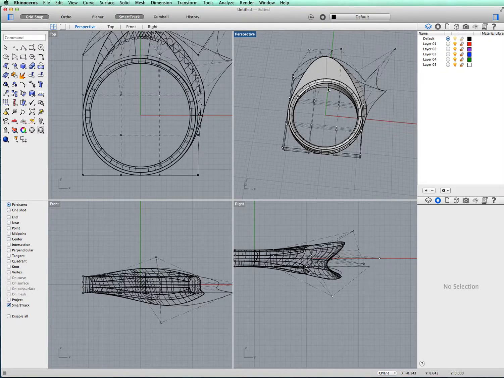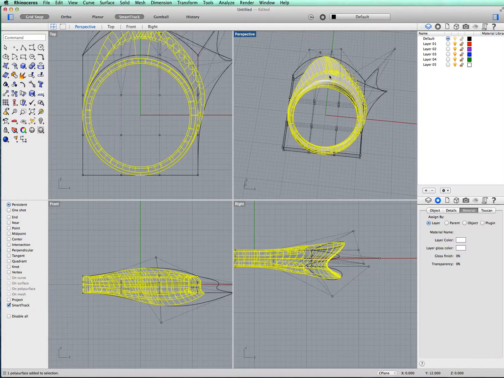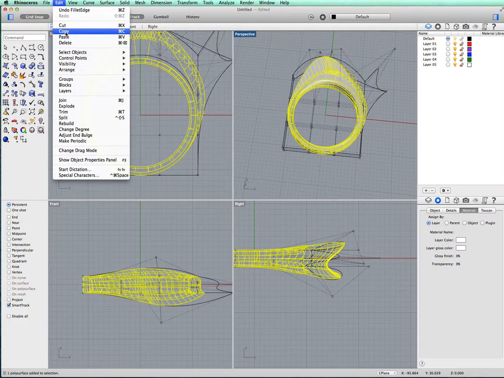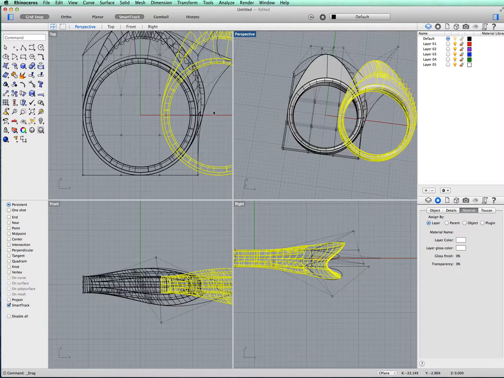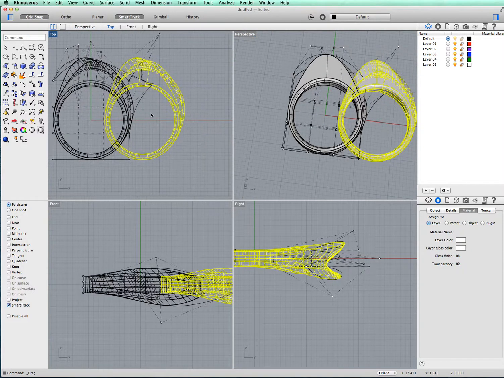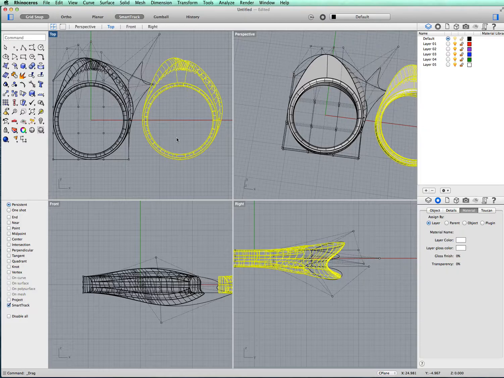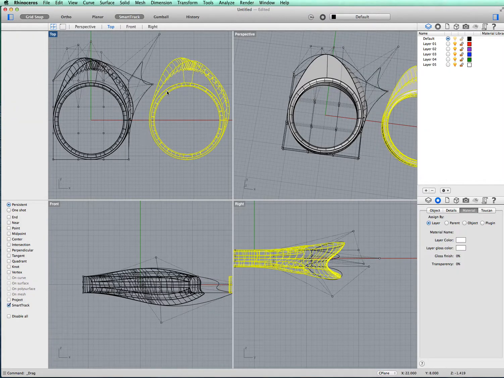Now I'm just going to hollow out the front, but there's lots of ways to do it. This is quite a fun way as well. If you just click on it, go to edit, copy, edit, paste, then we have an exact copy of what you had before. Now what I want to do is just shrink that down and kind of place it inside